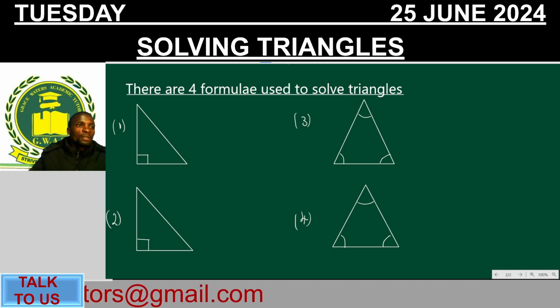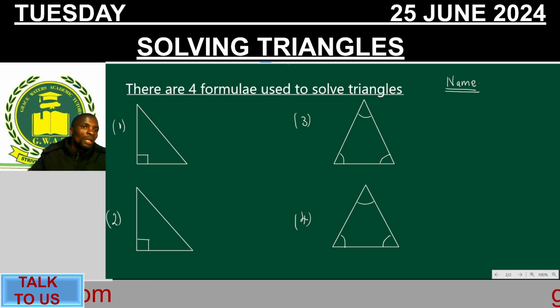The first thing that you need when you are looking for the best formula to solve triangles is to do what you call naming. That's the first thing. So you need to be able to name your triangle. How do you name your triangle? You need to name all the sides and all the angles within that triangle. So this means, let's consider triangle